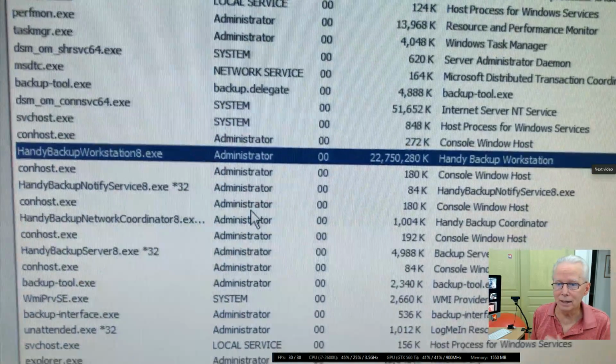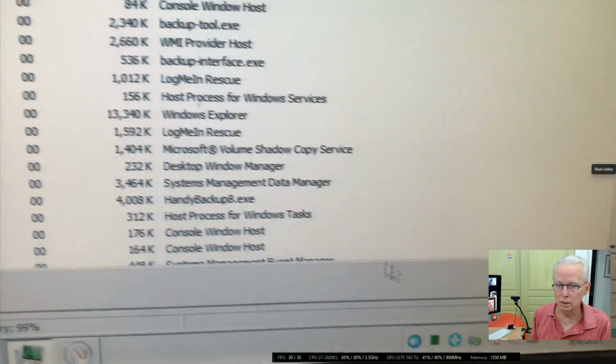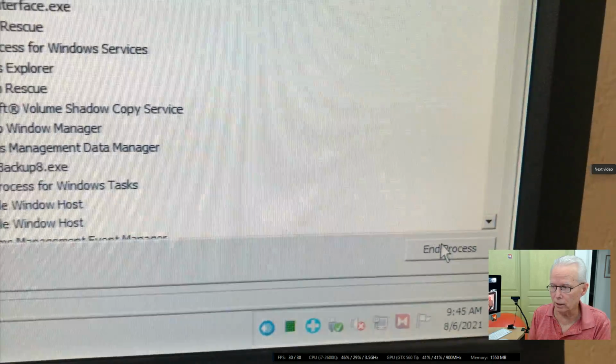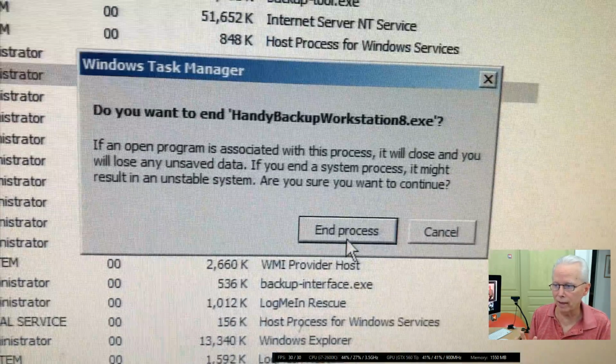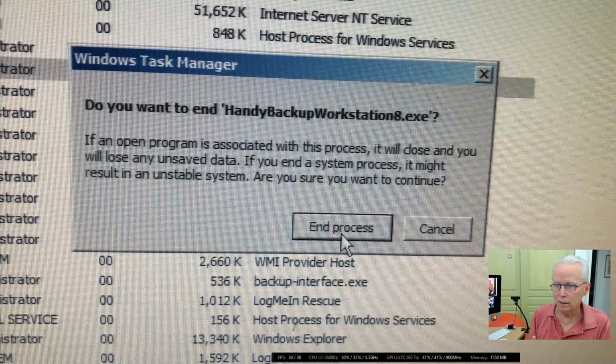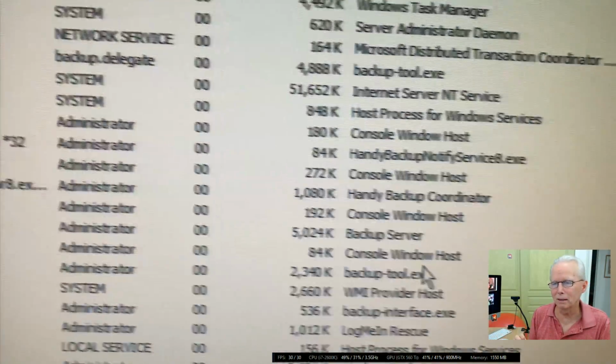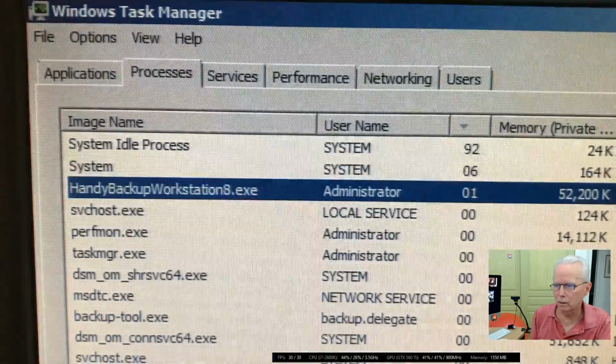So I didn't need to go in and look at those graphs in order to deal with this situation. I could have gone straight to here in the process, because I just need to break out of that backup. Yes, it doesn't actually make that backup invalid. I'll tell you why in a moment.